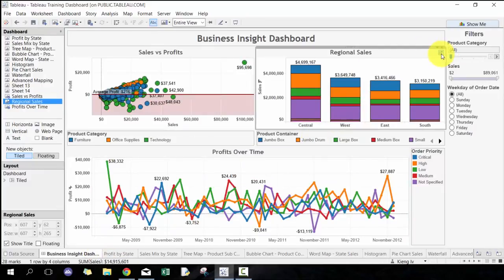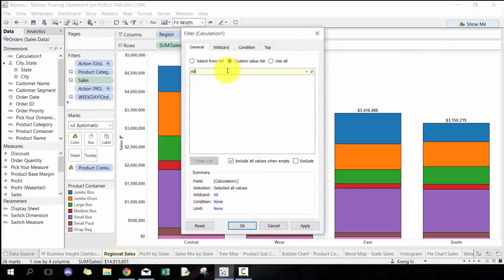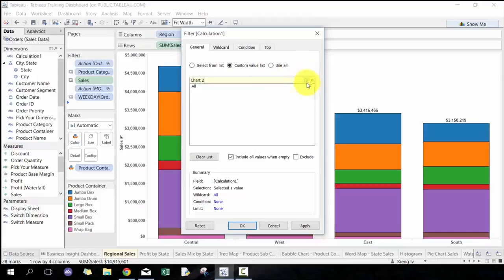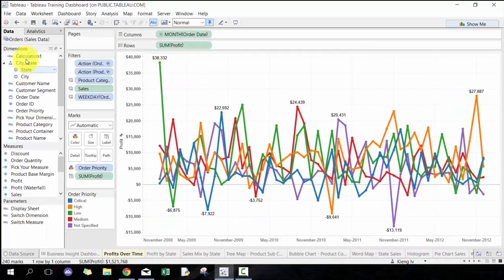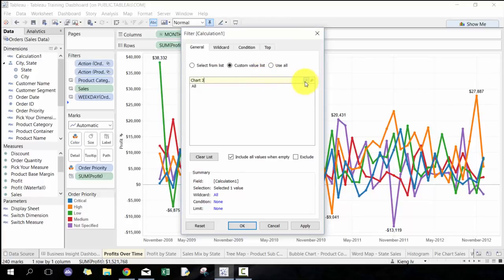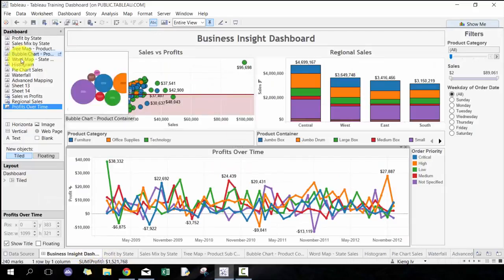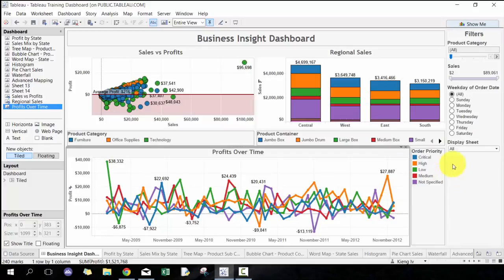And I'm going to add that to my other 3 charts here pretty quickly. All, chart 2, last one, and then what I'm going to do here is I'm just going to add the parameter option here,